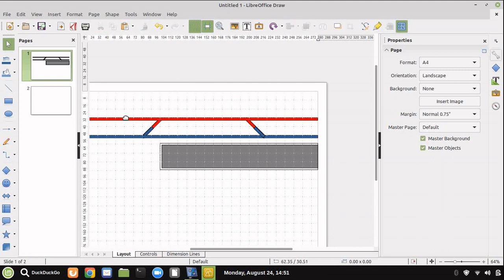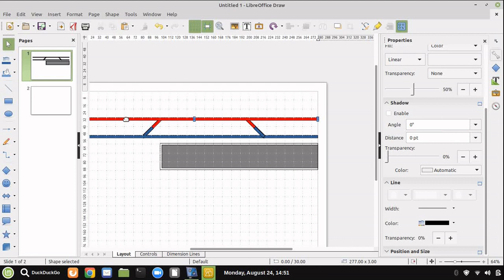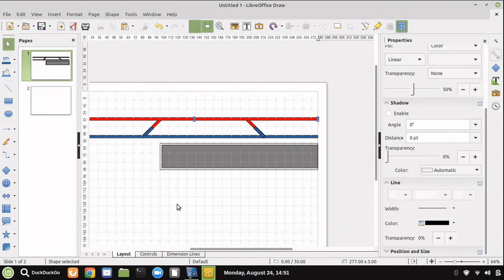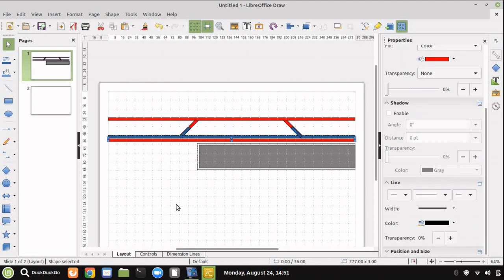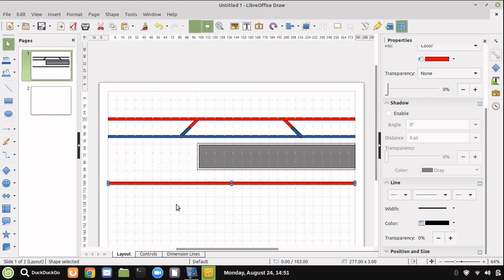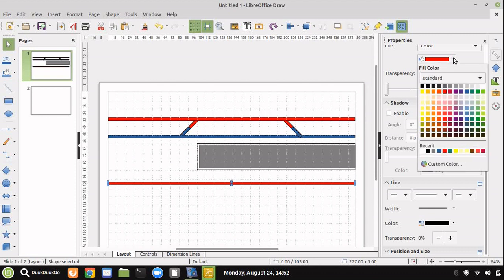While we're here, folks, we'll start working on some track to come around the other side of that station platform. So we've copied the top bit of track there, and we'll drag that down, and we'll also change the colour of that, and we'll change its length, and we'll change the angle of it as well. So we'll start with the colour. We'll make that green,